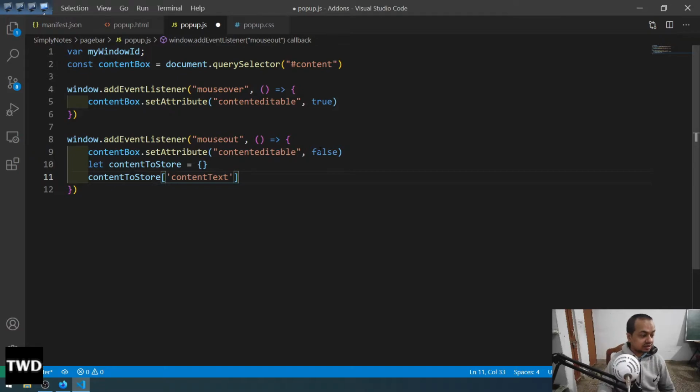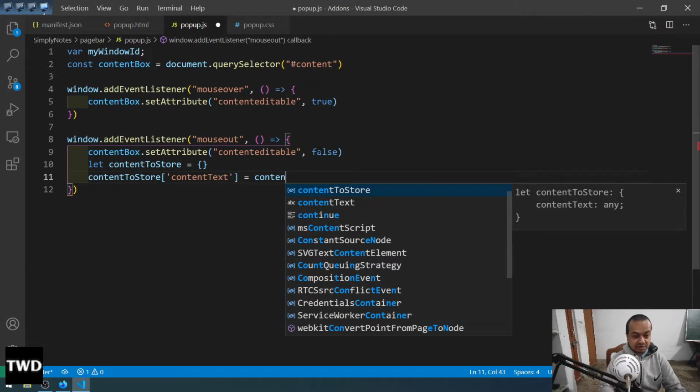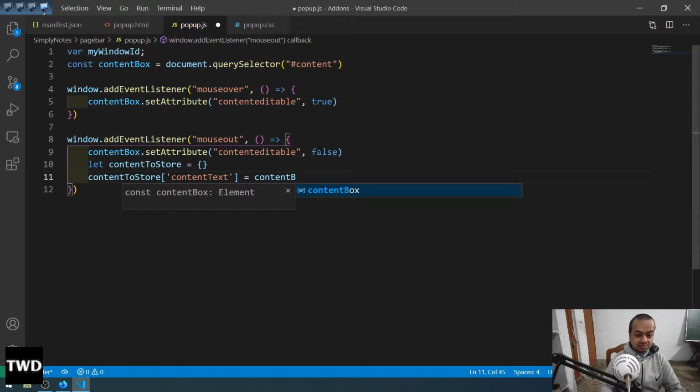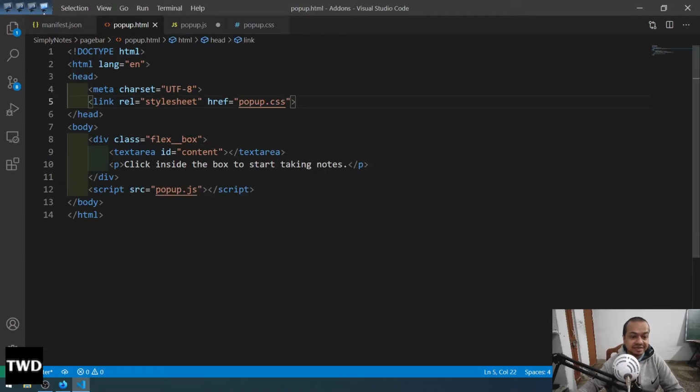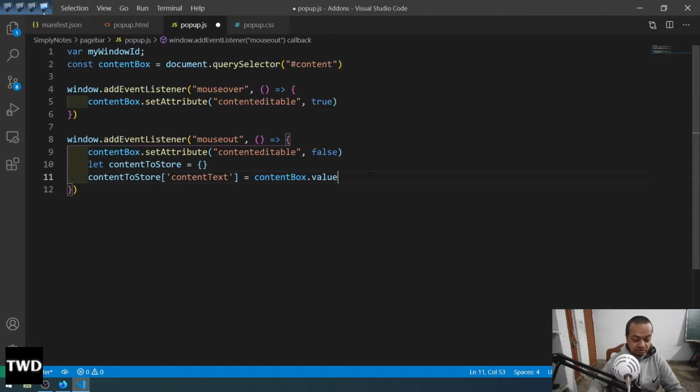So the content text equal to content box dot value. So this text area which we are having, this hash content is that text area which we have. So its value we are going to store, and